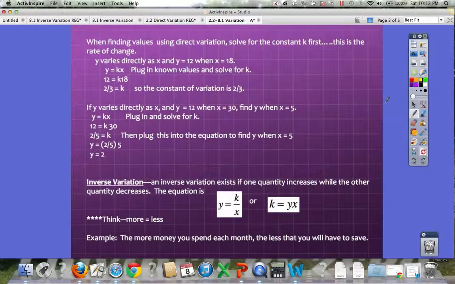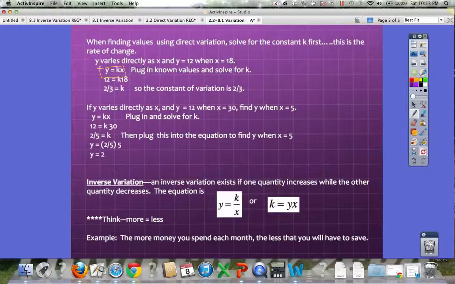Now, when finding values using direct variation, you're going to solve for the constant k first. This is the rate of change. So, for instance, y varies directly as x, and y is 12 when x is 18. You're going to go left to right and do it in pieces. Always start with your formula, y is equal to kx,